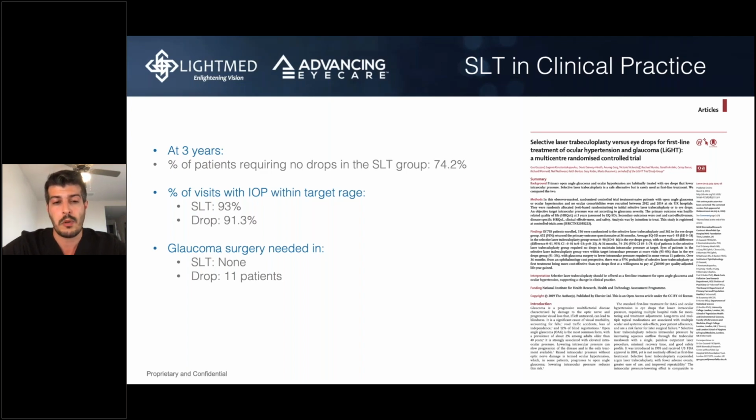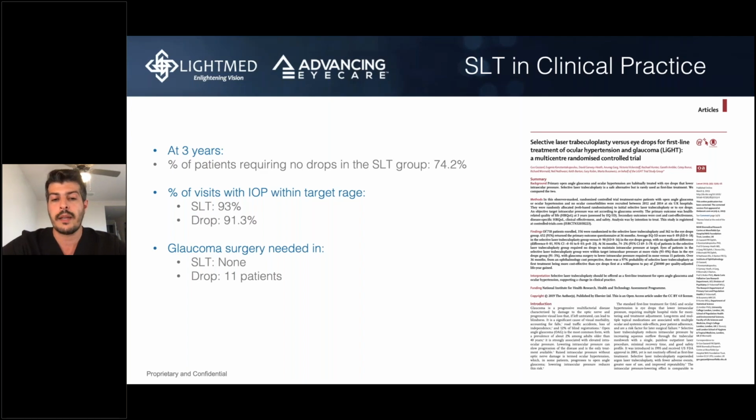There's no magic number, but when you look at studies, it's going to range between 15 to 20, 25%, which is less than the 20 to 30% in prostaglandin naive patients. So it still has an effect, still has a role. In fact,